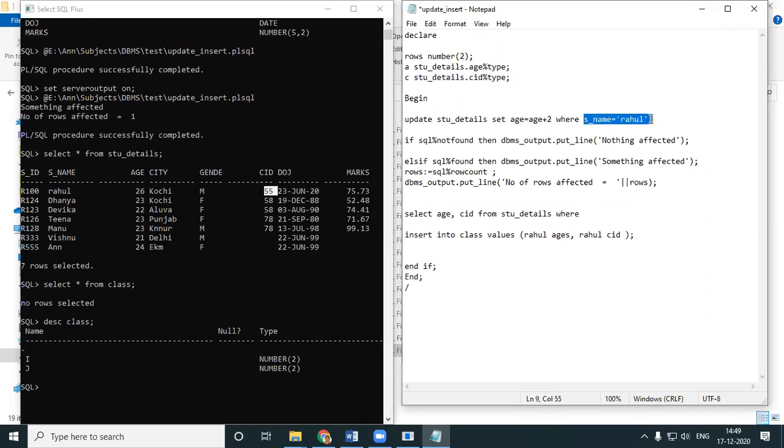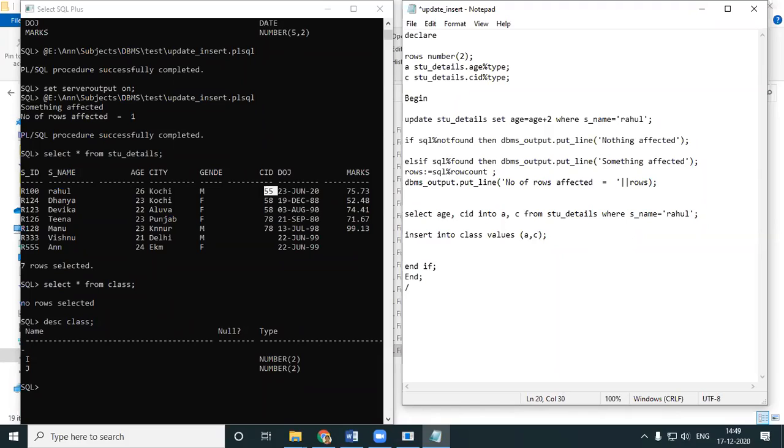You're taking Rahul's age and Rahul's CID, and you are storing it into A, comma C. And so into the class values, what are you inserting? A, comma C.